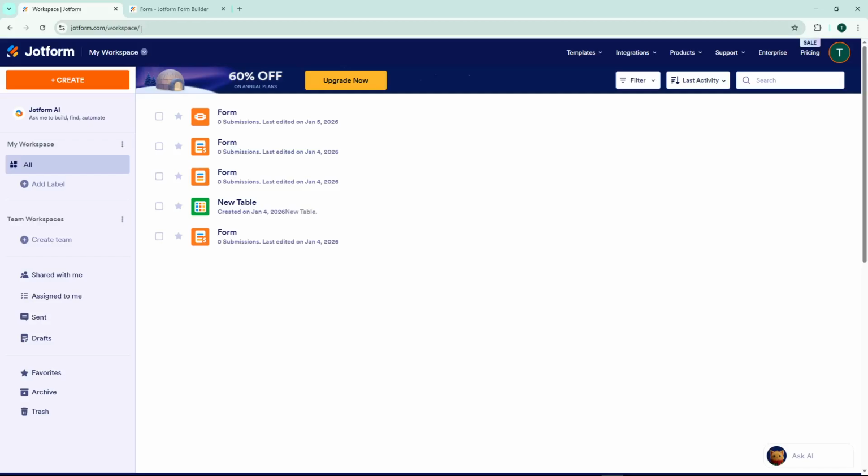Today, I'm going to teach you how to collect payment information without charging with Jotform. This is particularly useful when you want to securely store customer payment details for future transactions or subscriptions without immediately